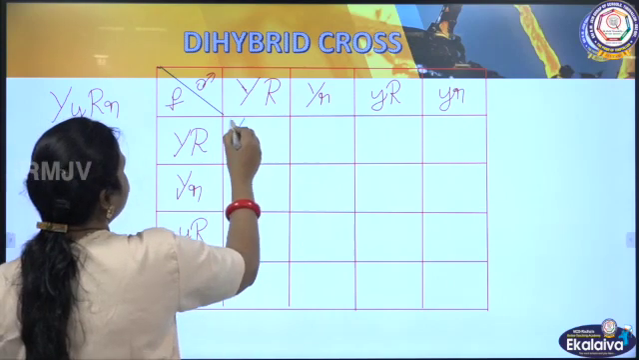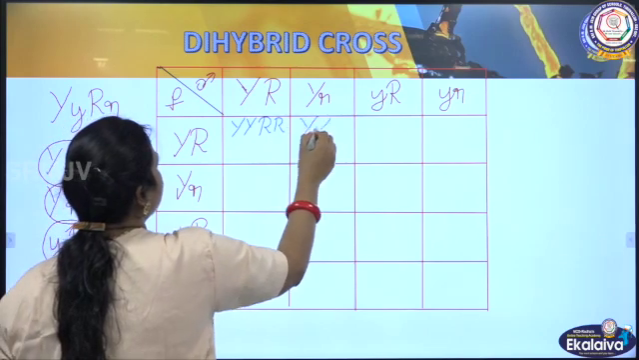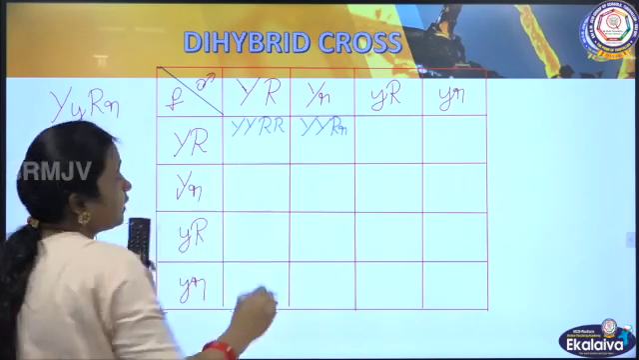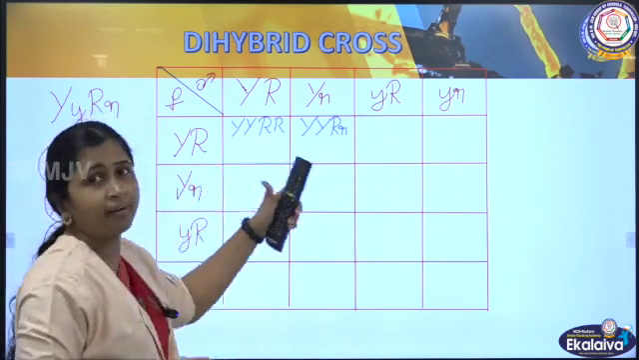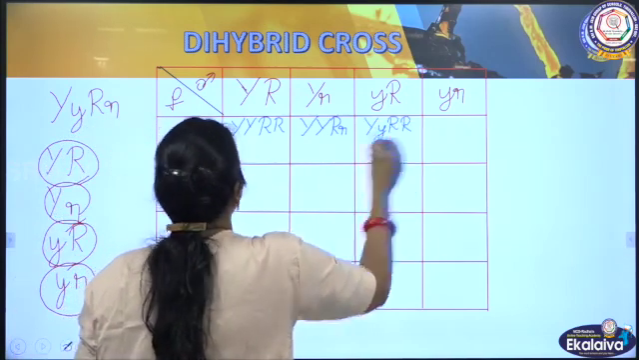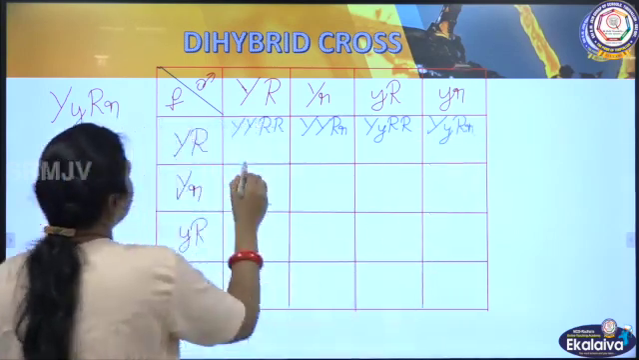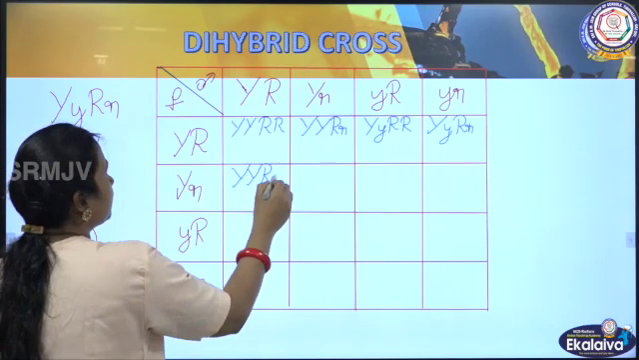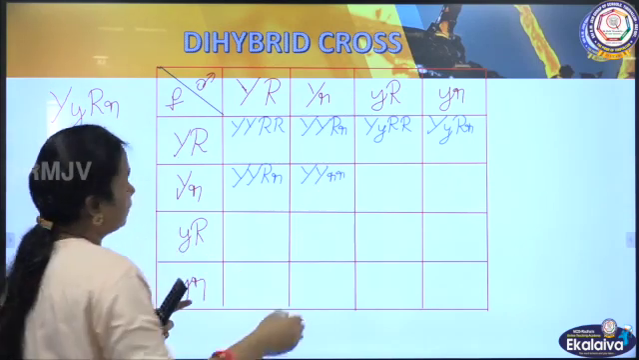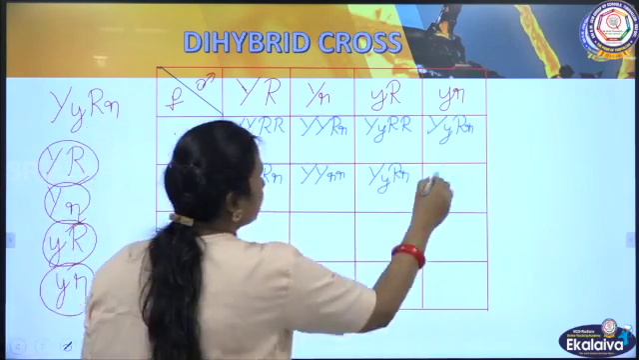And now I am going to write it in pair. Capital Y, capital Y, capital R, capital R; capital Y, capital Y, capital R, small r. I am writing these 2 together. When you are writing it together, it should be in a pair. So, keep that in mind. Capital Y, small r, capital R, capital R. Same thing. Capital Y, small y, capital R, small r. Then capital Y, capital Y, capital R, small r. Capital Y, small r, small r. Then capital Y, small y, capital R, small r. Capital Y, small r,